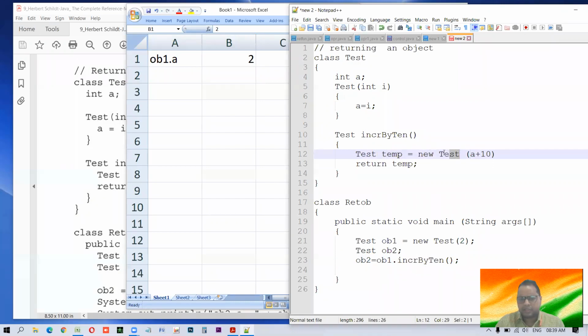Can we do this in any other function? We were normally doing these things in the main function. Can we do it in another? Of course we can do it. That's why I said you need to practice. Semicolon was missing. So what will happen? Whatever the value of a will be, plus 10. So we know that we have 2 as the value of a, and plus 10, that will become 12.